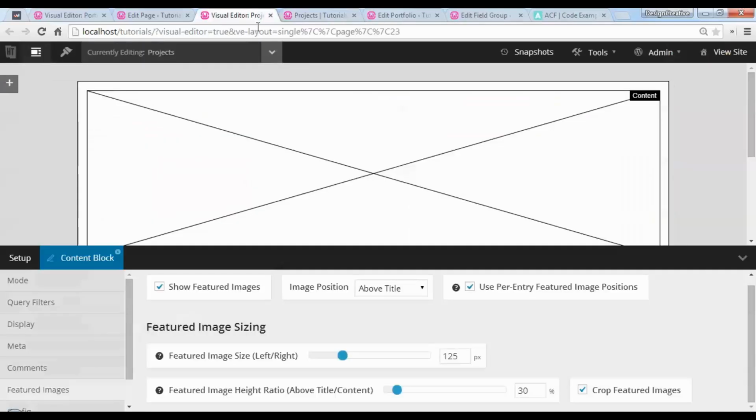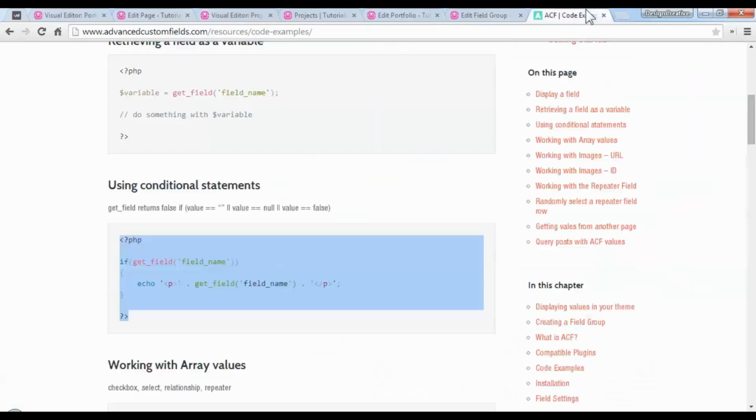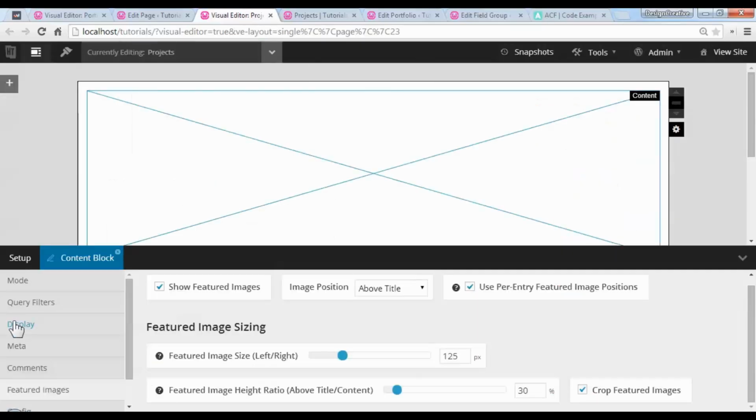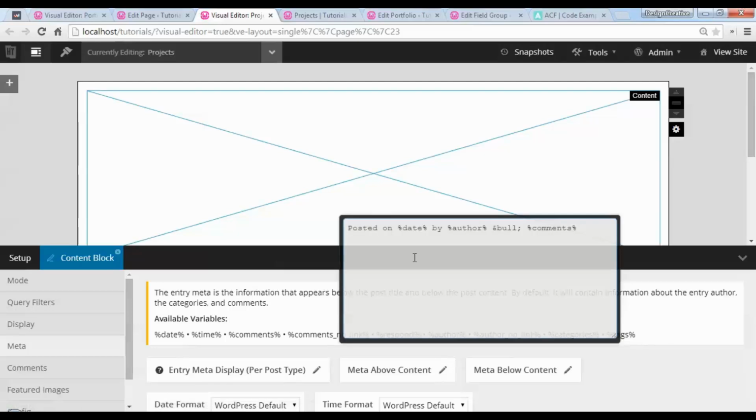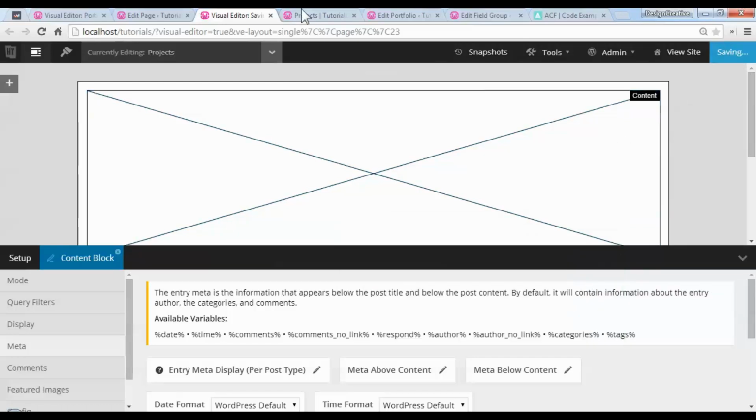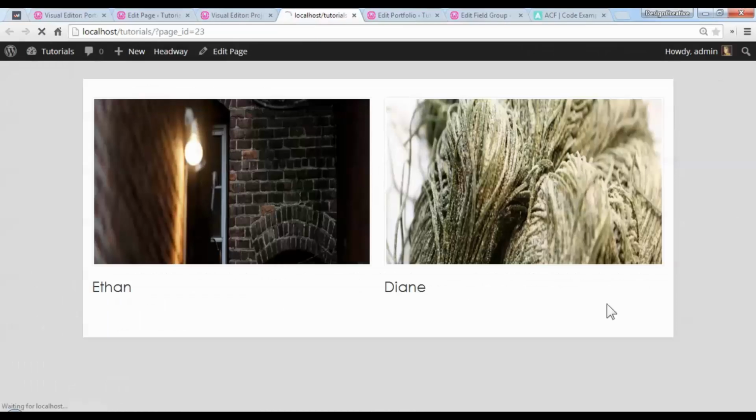So again, we could use the advanced custom field here, and then we can choose copy, and where it says meta, we can put below the content. Let's just paste in this and see what it does, and let's change this field to type, and change this to type as well, and press save. And if we refresh,